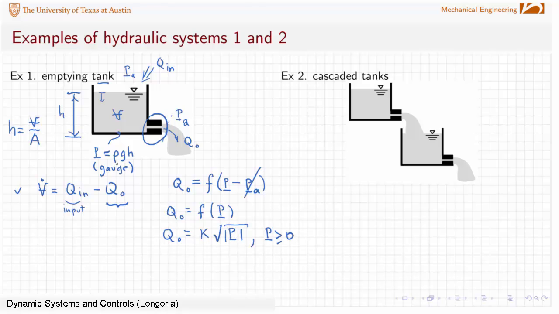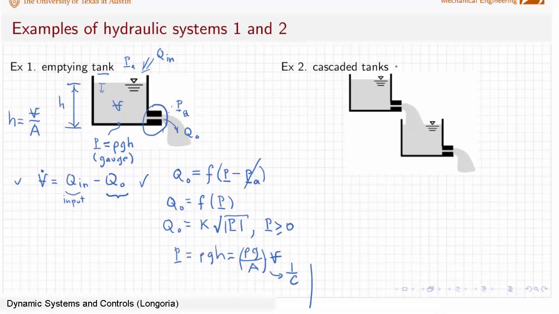Because I can write pressure here as a function of height, and height is related to area, I can write this as rho g over area times the volume. This, in fact, here is 1 over the tank capacitance. Once I substitute this P into this equation here, I can then put it into this equation, and I'll have my final state equation. All right, so let's continue now,